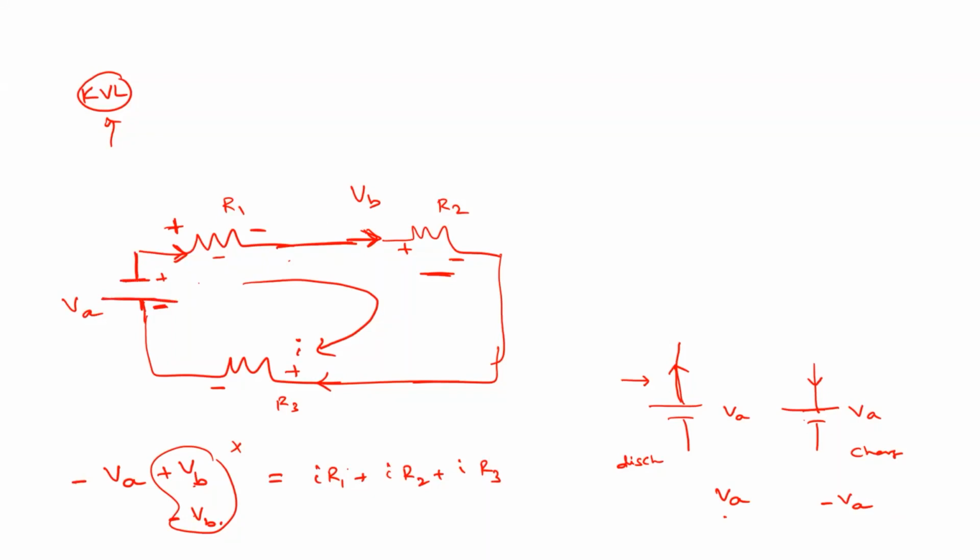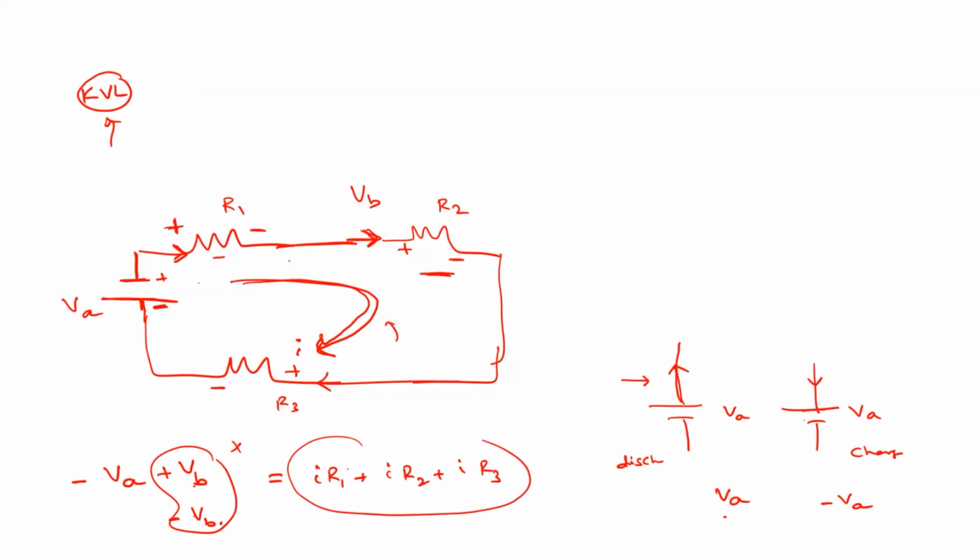Excuse me, sir. If the polarity of VA is changed, then the resistor's polarity also will change, right? The sign. So these are drops. Yes, sir. We assumed this is the current direction, so based on this assumption only, we are writing the equations. Clear? Yes, sir.